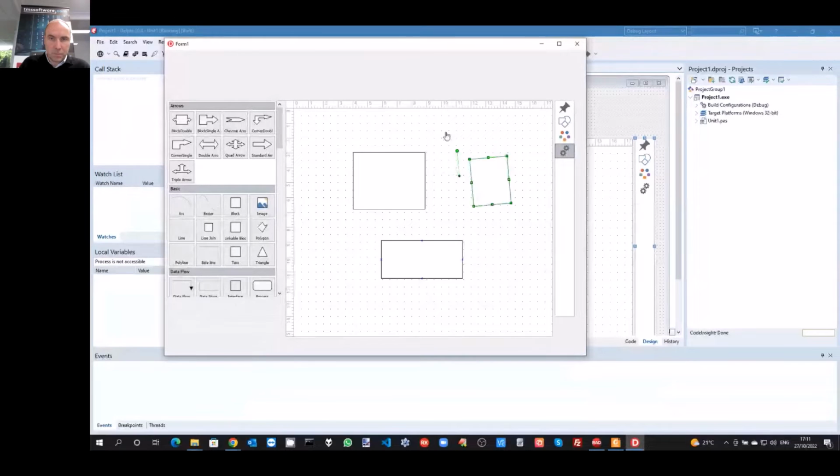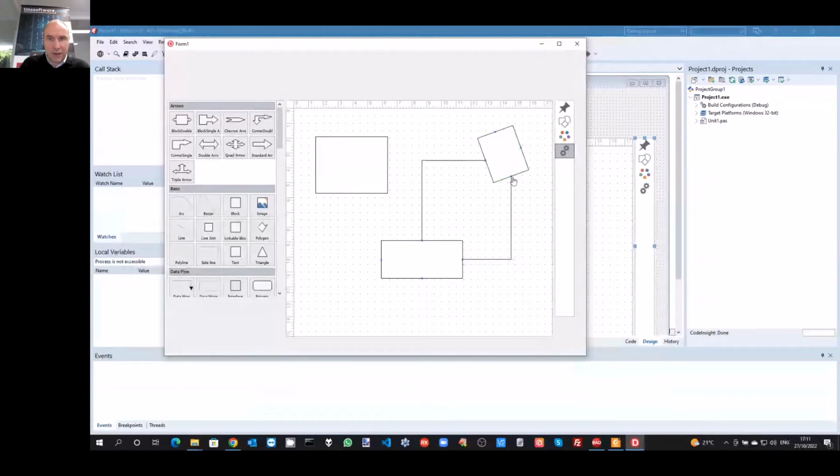So this is all happening standard for any block that is dropped on the blocks control. And of course, there are link points. So here I have now connected these two blocks together. And so any link point can be connected to another link point. And as such, blocks are connected together.